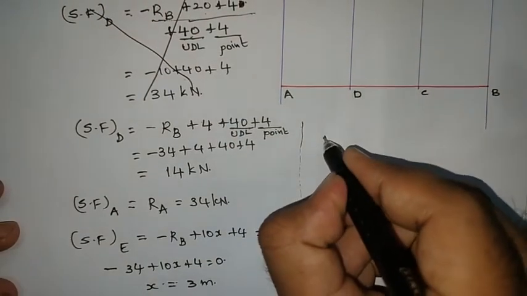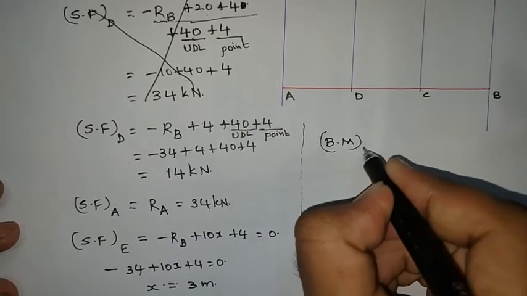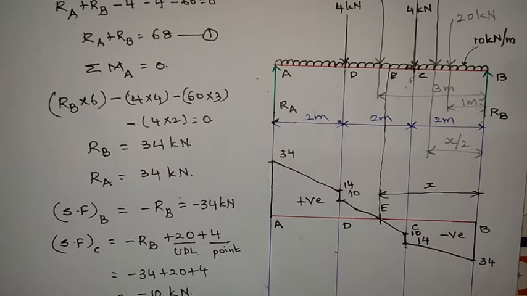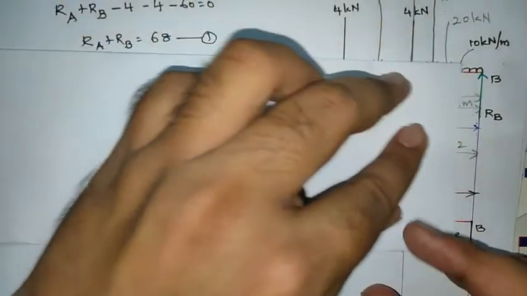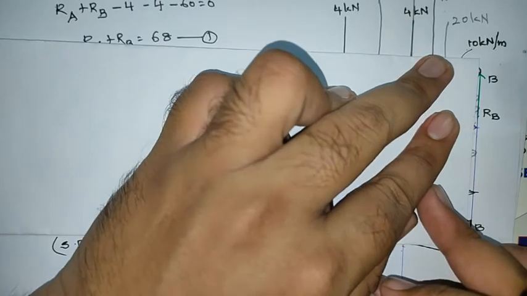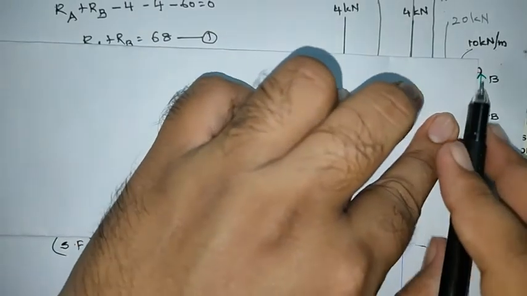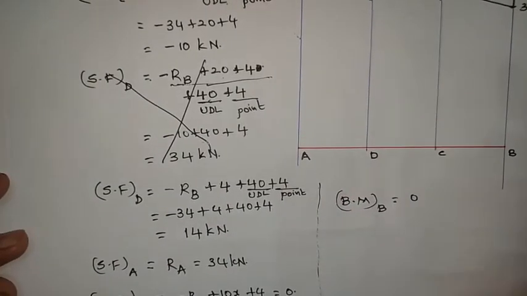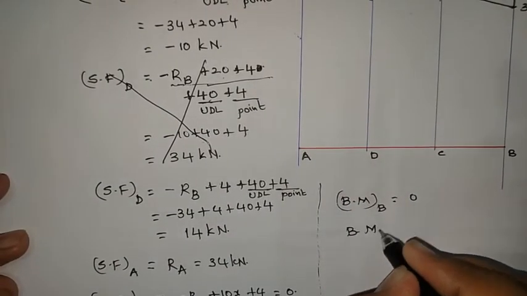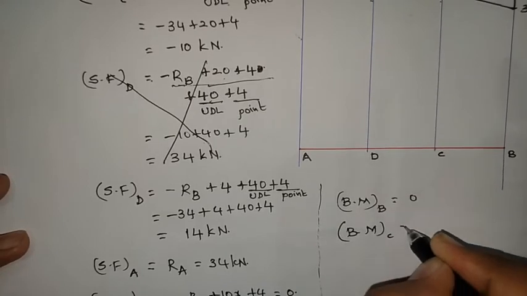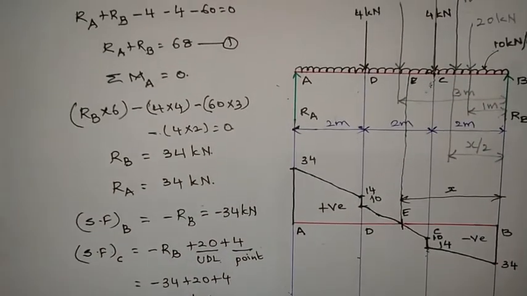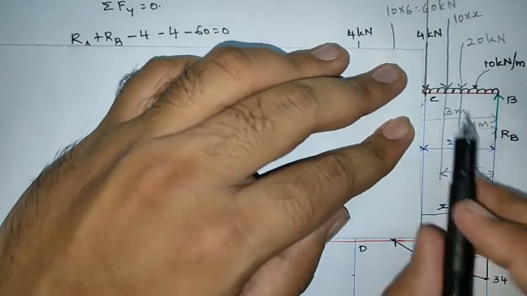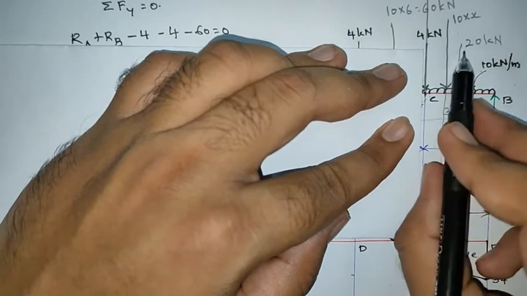So now calculate the bending moments. So bending moment at B is equal to, so close the left side of B. So then what is the force? RB, but RB is acting at B only. So RB into 0. You will get bending moment as 0. Next calculate bending moment at C. So bending moment at C equals to, close the left side of C. What are the forces acting? So here this small UDL is converted into 20 kilonewtons.